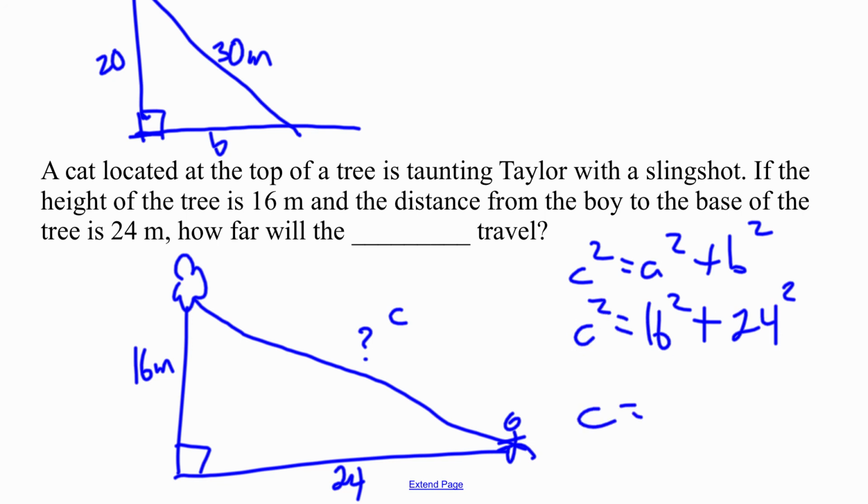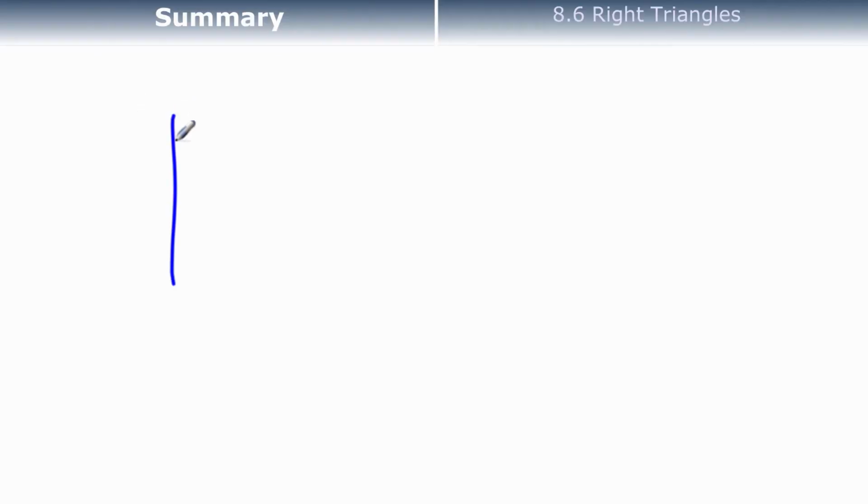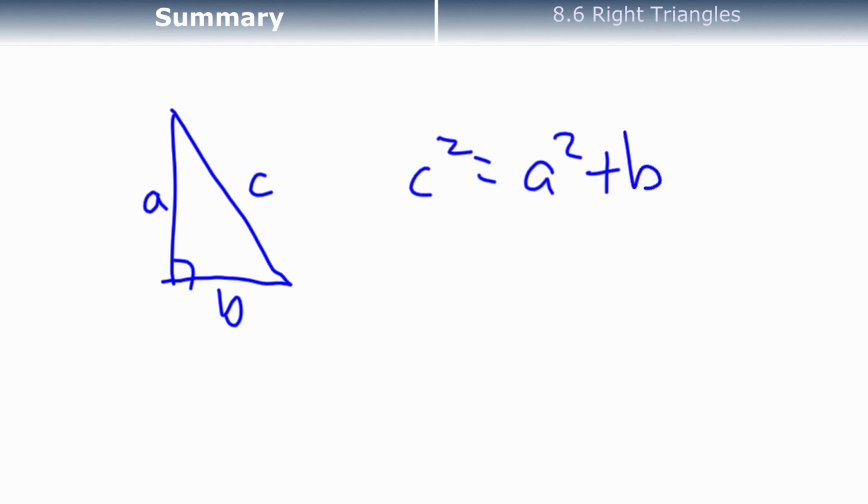Okay, so in this section we have looked at just one tool for examining relationships in a triangle, specifically the relationships between a hypotenuse and the two legs of a triangle. And that relationship was the Pythagorean theorem, or Pythagoras' theorem, c squared equals a squared plus b squared. Try some